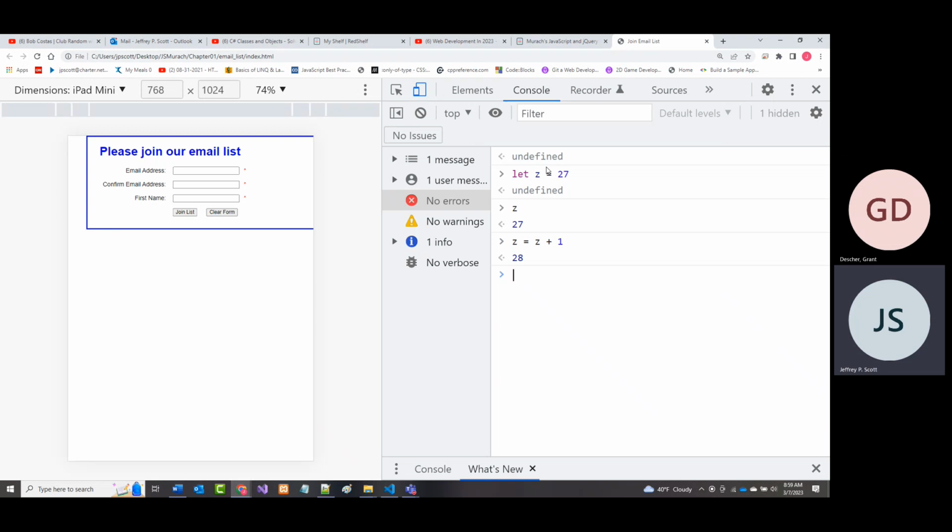I can say there's a shortcut that z plus equals 1. And now you'll notice it's 29. I can say ++z, and now it's 30, or I can say z++, and now it's 31. We'll talk about why that's the case in just a second. But